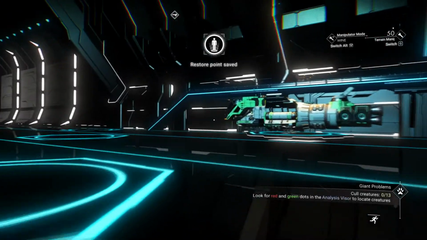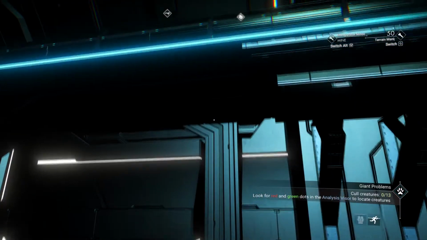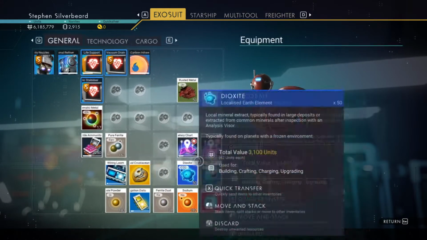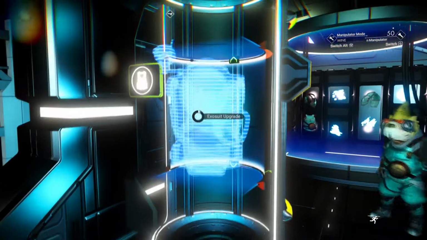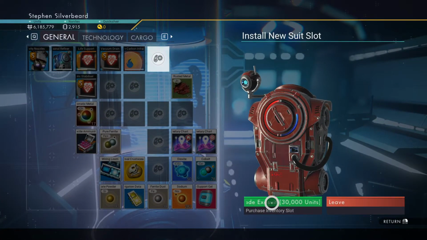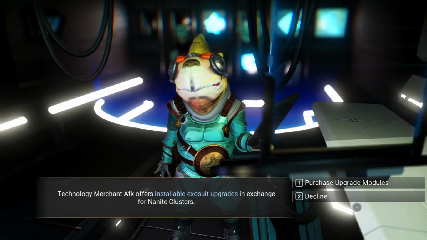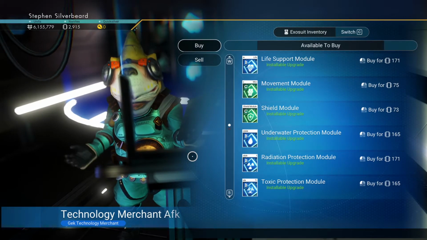Jump out. And we're just over to here. I don't think we got any other augmentations, didn't we? But of course what we can do is just grab this, and we're gonna go for the 30,000. No, what I should have done is gone for the tech upgrade actually, but that's too late. Purchase upgrade modules. What I'm looking for is,